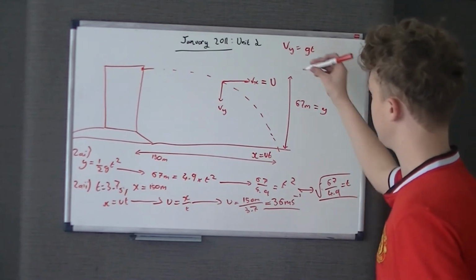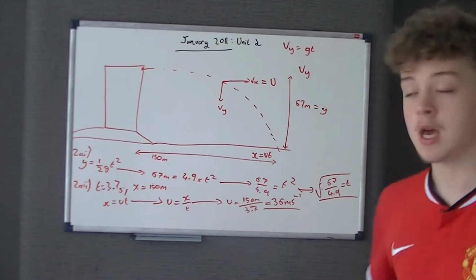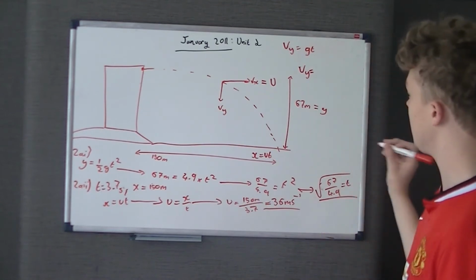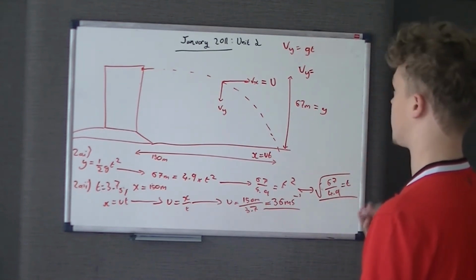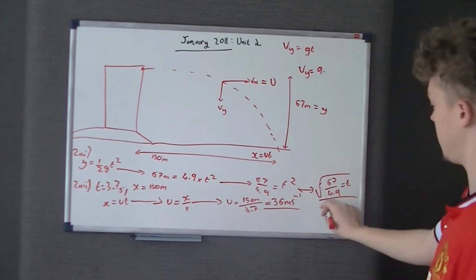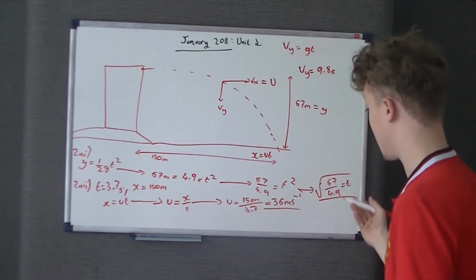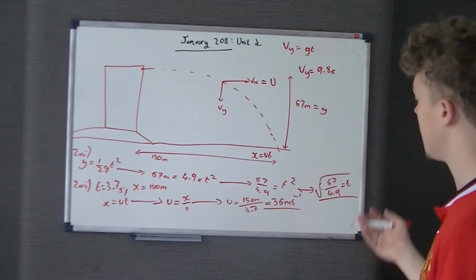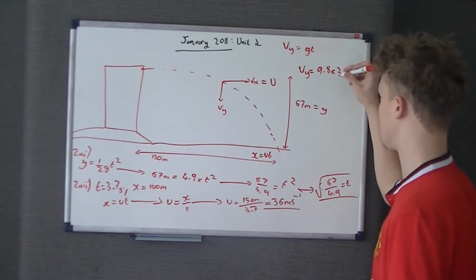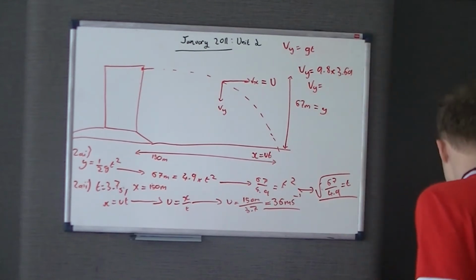So Vy equals gt. Now we know g, which is 9.8. Obviously, I'm writing it up here, but you write it as 2A part 3 because I can't fit it on my board, so I just turn over the page. We know g, 9.8. We know t, 3.69. So we plug in our original value for t. If you couldn't remember the exact value of t, then to be as accurate as you can, you don't round it up. You use the exact value you've got for 2A part 1, times t, which is 3.69. Vy should be equal to